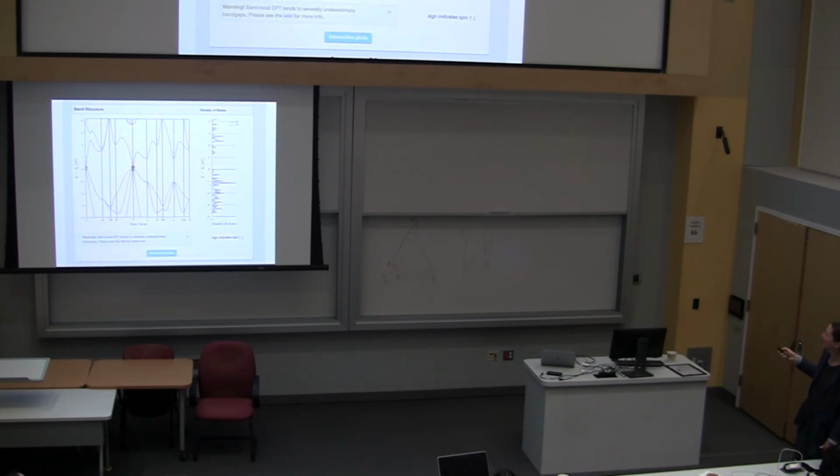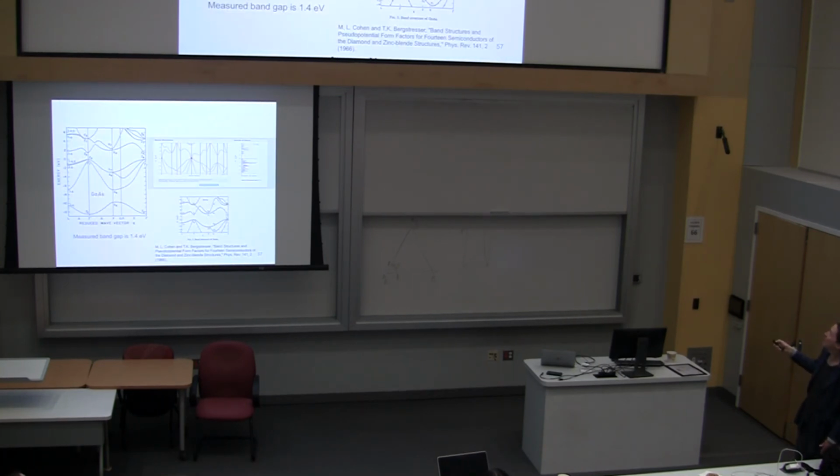I mean, what's this zero gap doing here at gamma? That's really scary. I can make it look a little bit more like the textbook one by rescaling it. So this is now rescaled, and I couldn't do too much about the fact that it's a different path through the Brillouin zone. But this looks marginally like this, except there's no spin-orbit coupling, of course, which is